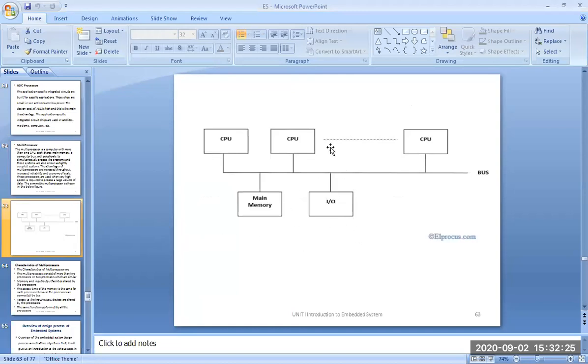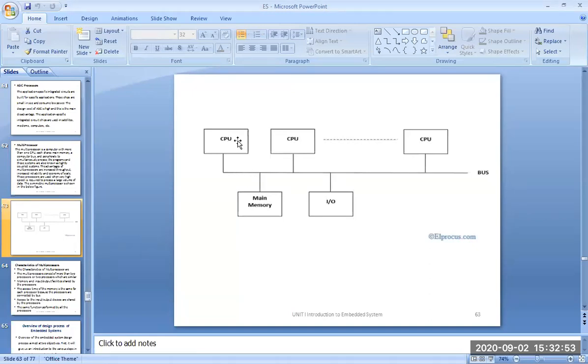This is a simple diagram which explains multiprocessors. How many CPUs are there? Maybe 1, 2, and so on. They share the same bus and main memory, in which we store the program, and IO devices. Instead of having one processor, if you have multiple processors, they are also called threads in advanced computer architectures.